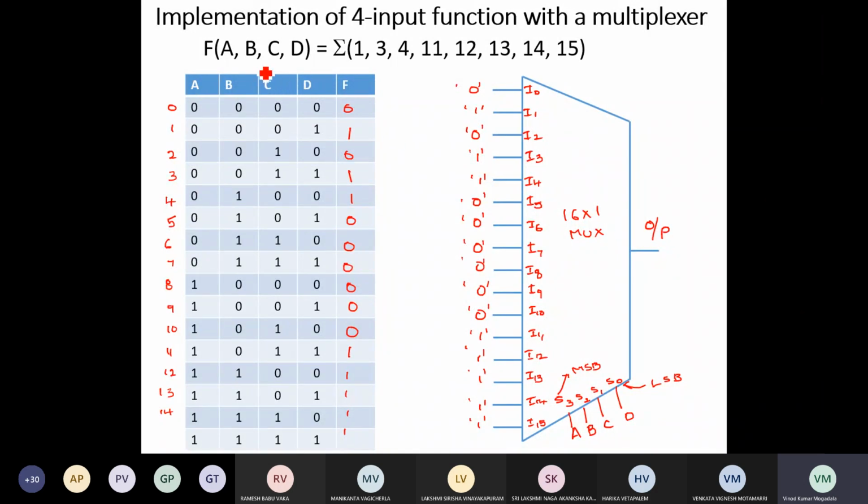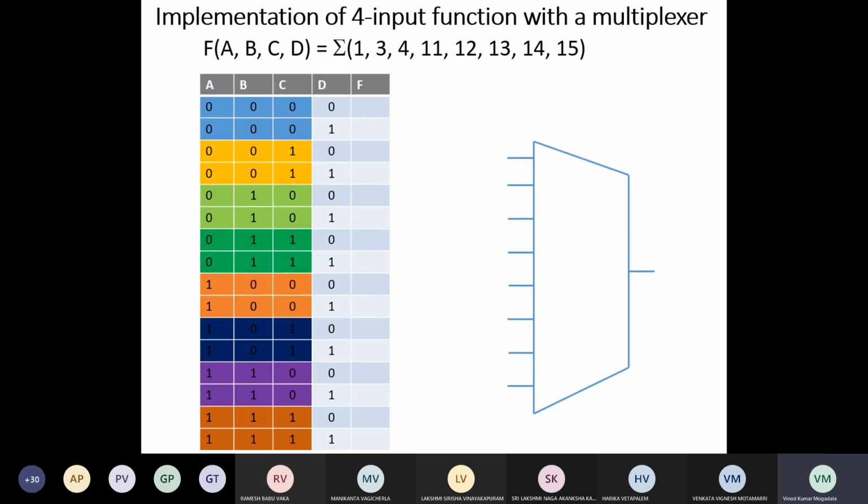So if the number of variables and the selection lines for the size of the mux we selected are both the same, then to the inputs we simply need to connect zeros and ones. So no additional gates are required. By connecting zeros and ones to the input lines, we can realize the given Boolean function. So the design is very easy. That is the advantage of implementing the given Boolean function with the multiplexer, right?